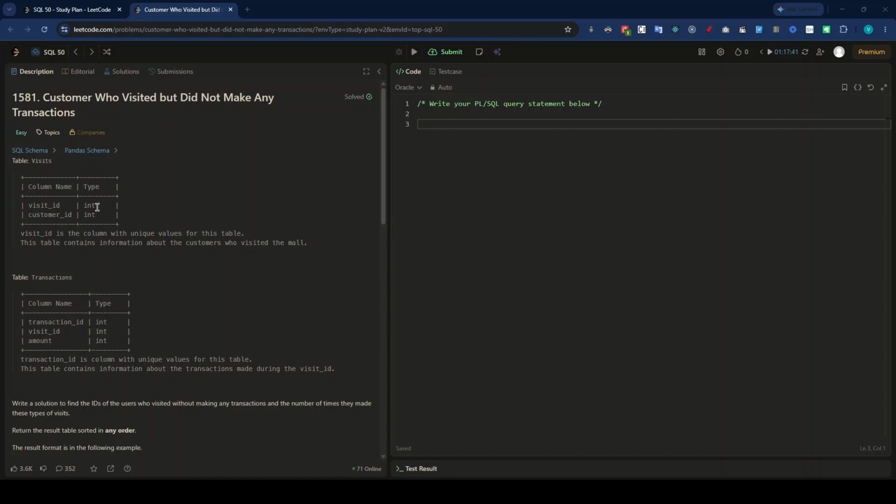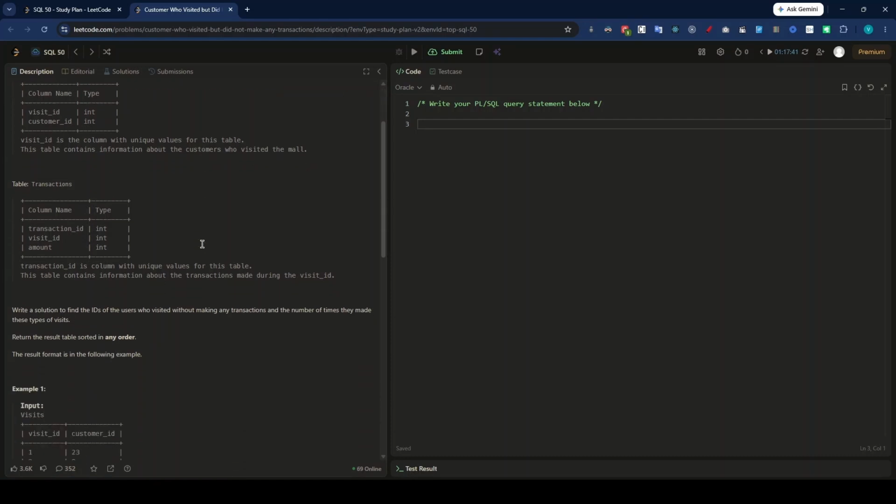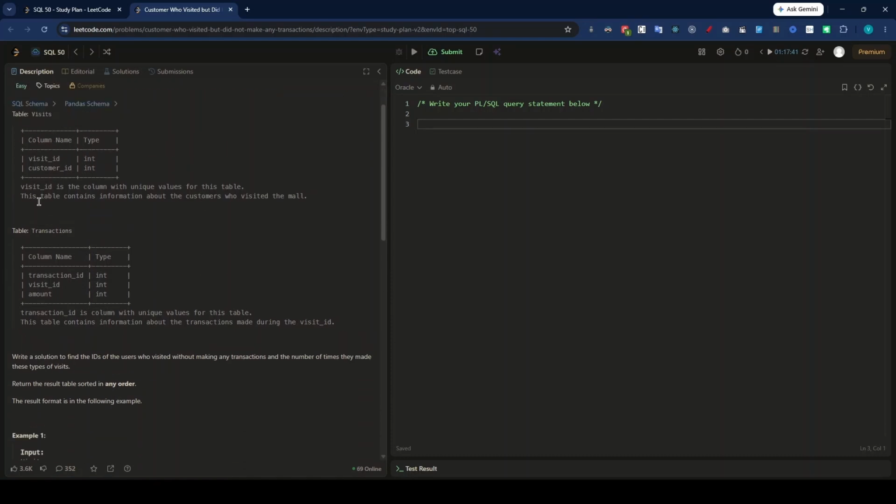Hi friends, here I am with the new lecture in joins. The question is customers who have visited but did not make any transactions. This is the third question in the join section, and you can see that we have been given two tables, visits